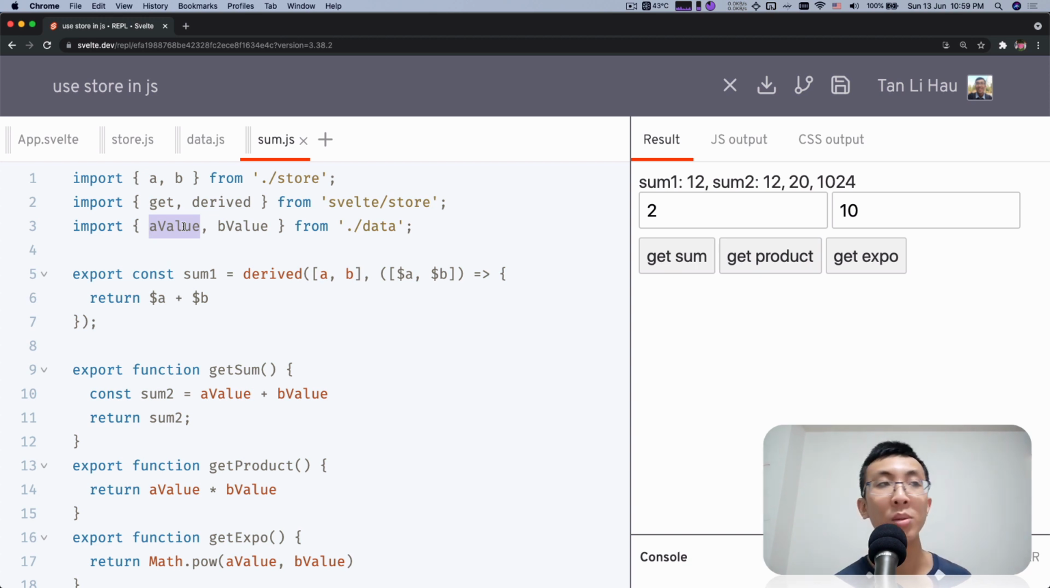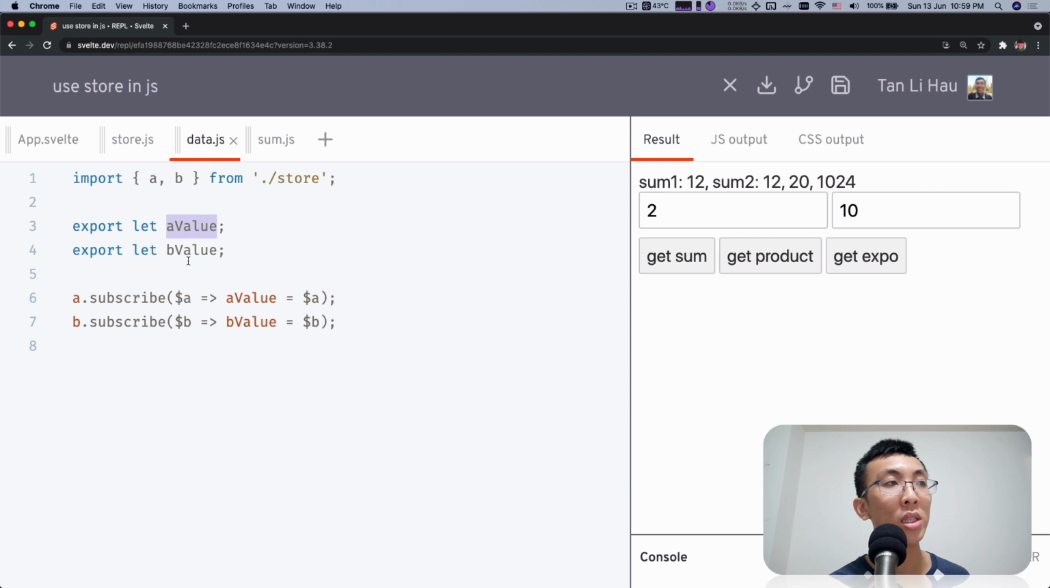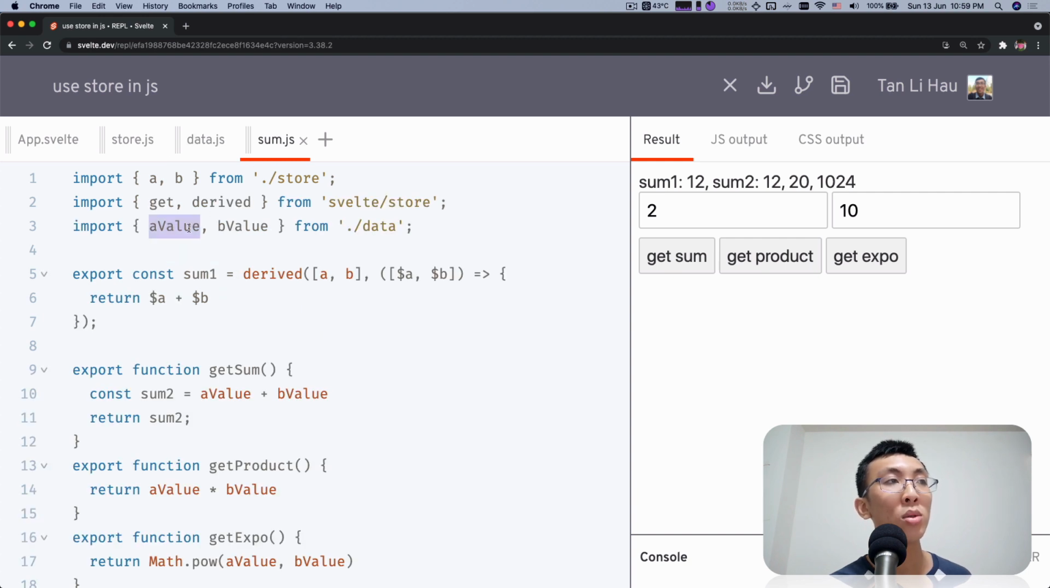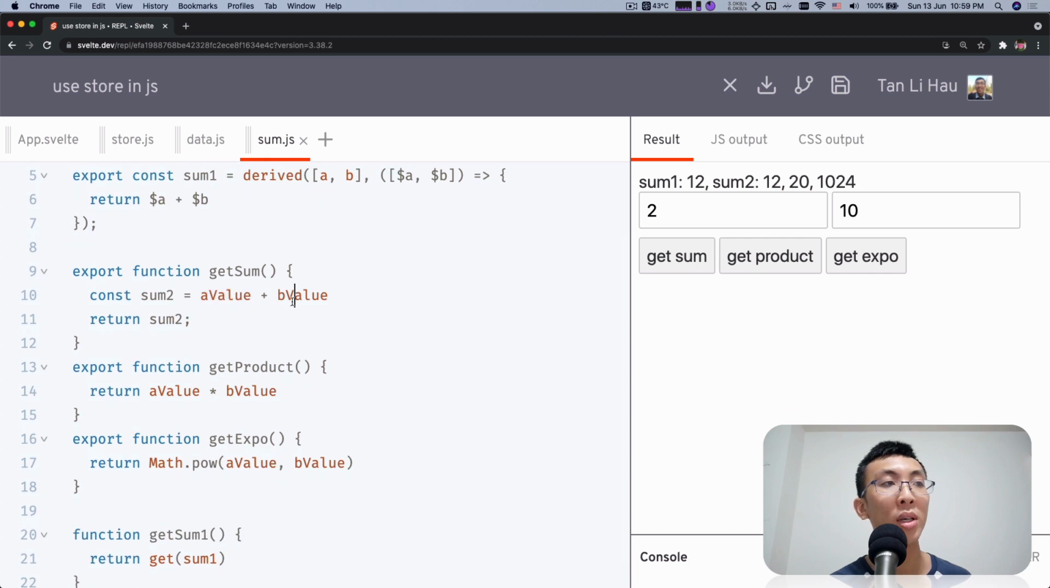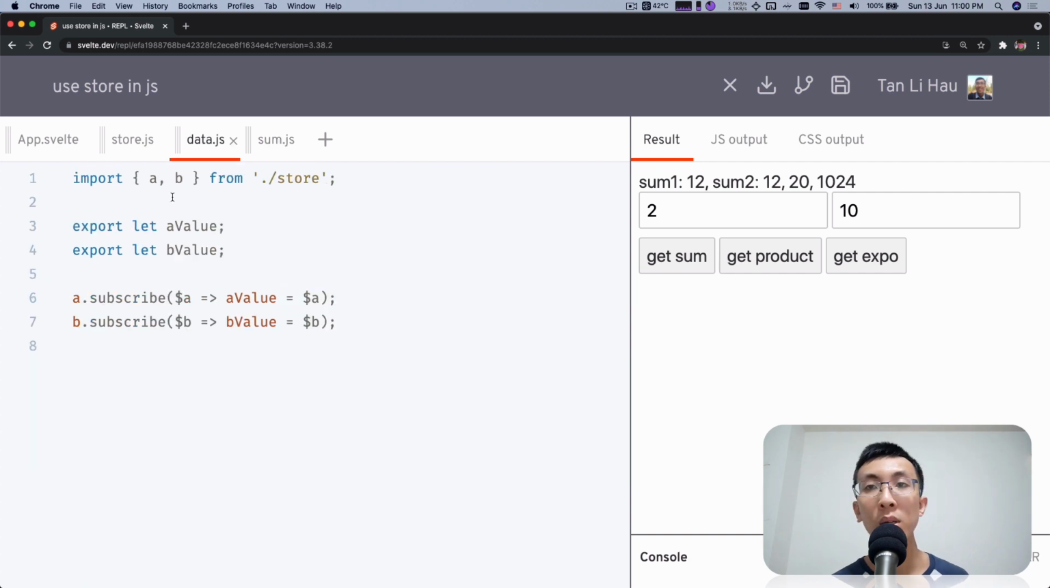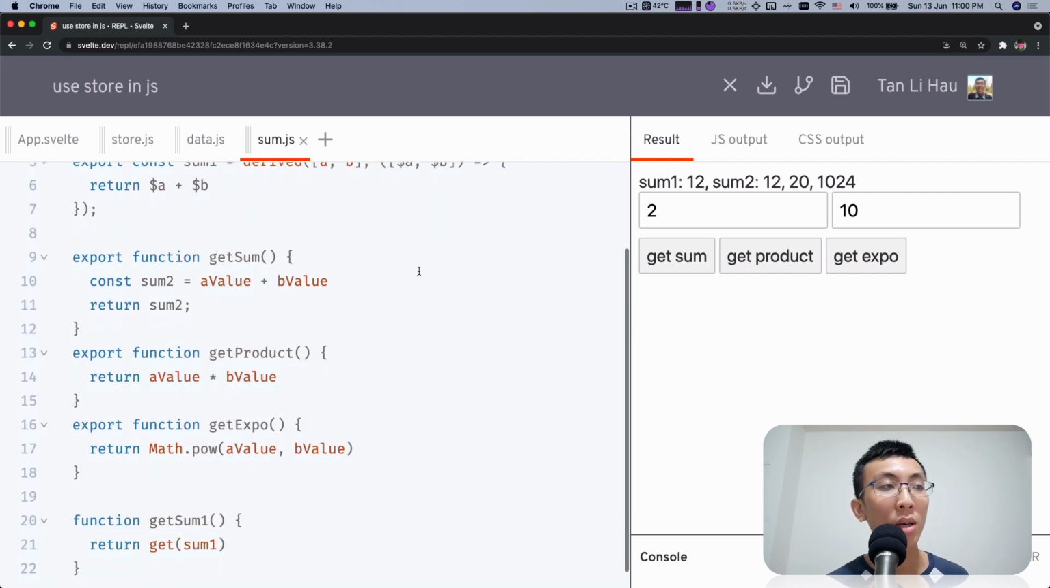is actually a live binding, meaning every time you change this value, A or B value, these two are not like normal variables where you declare them and then the value of the variable is stuck there. These two are always referring to a live value. So anytime you're referring to them, you're actually referring to the latest value. It's not like you declare and then that's it. It's always referring to the latest value, right? So here you're getting the latest value of A value and B value, which is the latest value of the store, right? So the beauty of this allows you to